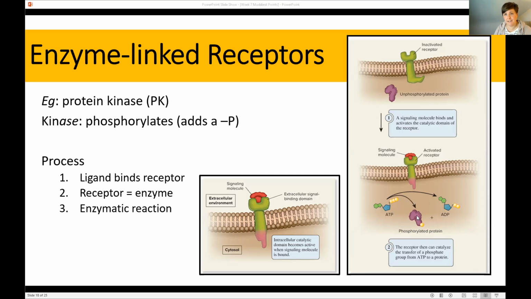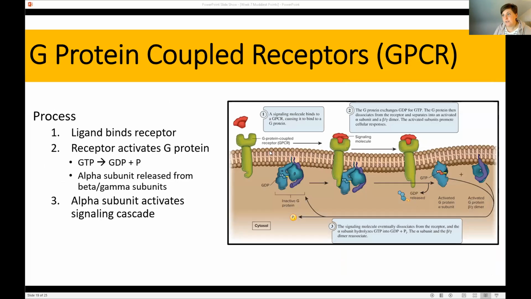This purple protein. Okay. All right. So that's what we're looking at with enzyme linked receptors. That is but one type of membrane receptor. Another type of membrane receptor is called a G protein coupled receptor. And all I want to say about these receptors is they basically are really good at setting off signaling cascades. They don't use ATP. Instead, they use another energetic molecule called GTP.